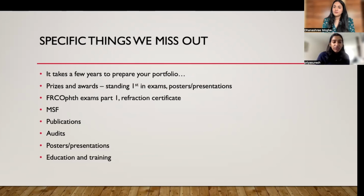The applications are through Oriel, which is a website meant for all specialty training posts. That's as far as I'm aware. I'm not sure if it was the same for you. Yeah, it was the same for me as well. So Oriel is the website where we electronically submit all our evidence. I had a lot of paper evidence, so I had to scan it all and condense it into PDFs. So the sooner you start looking at what the requirements are, the earlier you can start preparing,